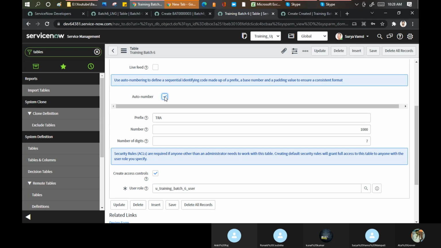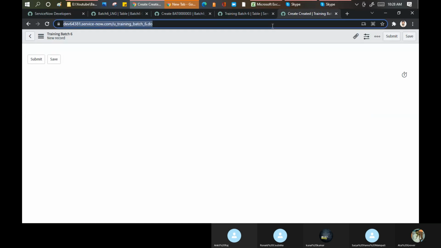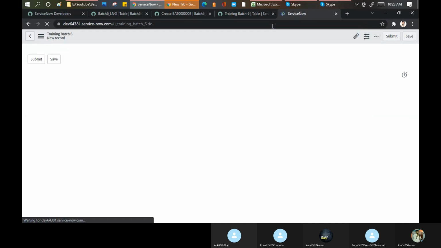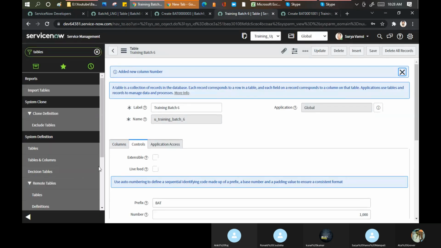So it means that on a single table you can create only one auto number. Let's save this and now reload this.